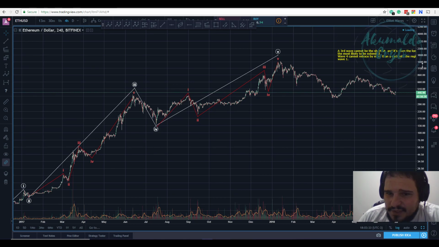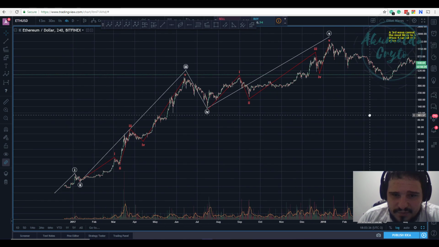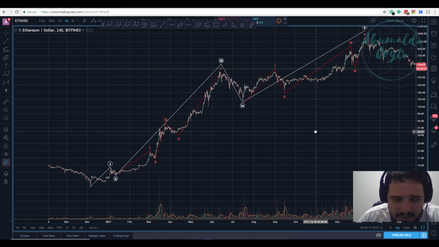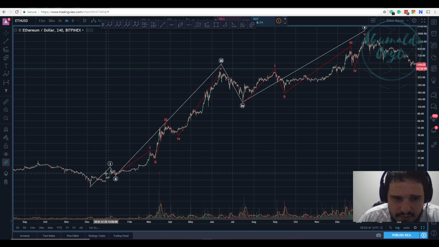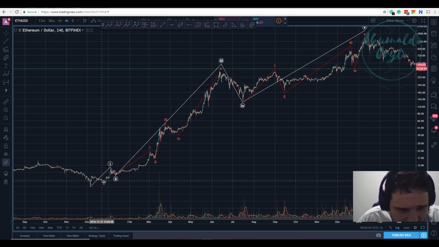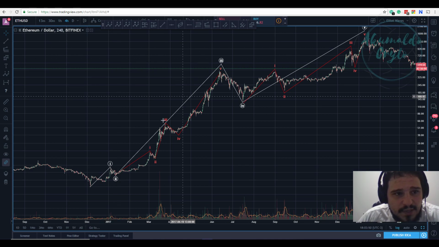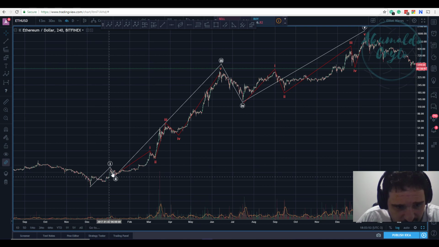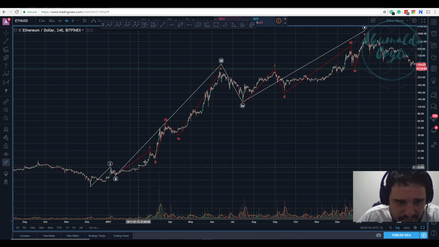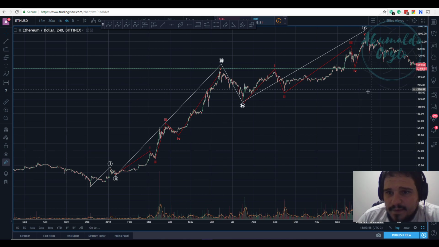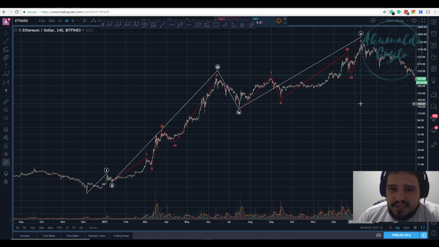We need to redraw some things and reconsider some things. 1, 2, 3 is 1, 2, 3, 4, 5. We need to dig into these counts here to see if we have 5 waves, but for me it's pretty clear that it is. Okay, so waves within waves, and the rules and the